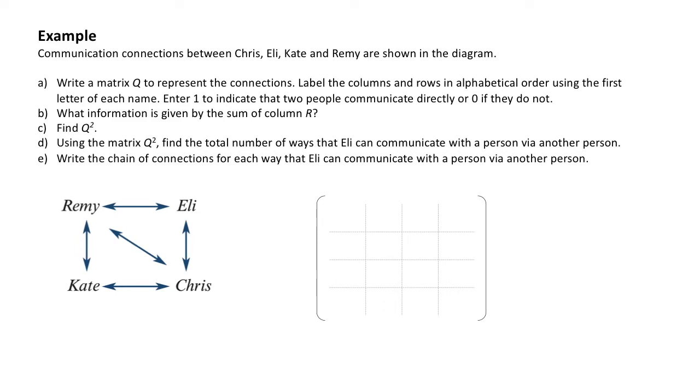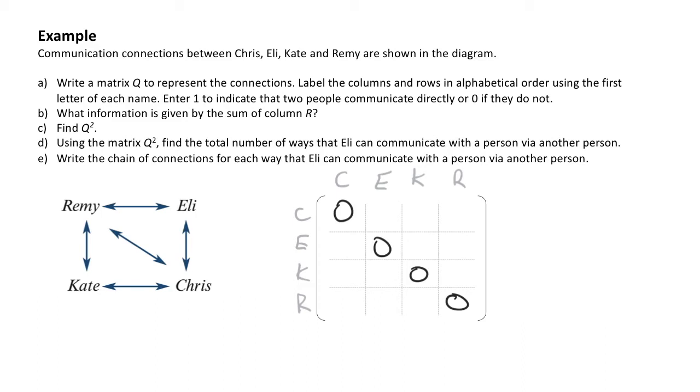So let's start off by completing the matrix. To do that, I'm going to label the rows and the columns with the first letter of each name, and I'm going to put that into alphabetical order. So it's going to be C for Chris, E for Eli, K for Kate, and R for Remy. And I'm going to do that down the side as well. And then I'm going to add in my diagonal row of zeros because they cannot be communicating